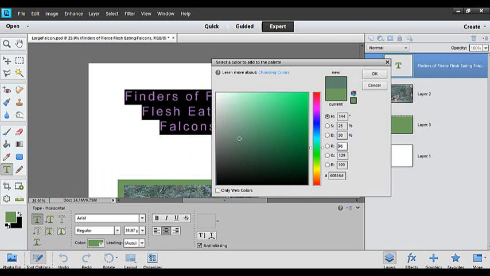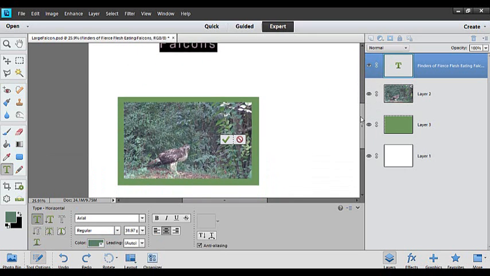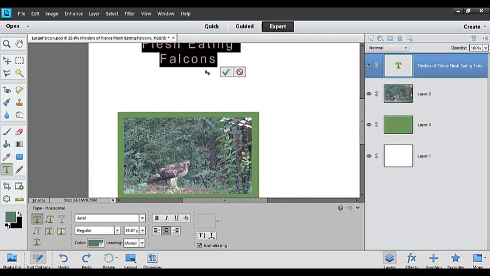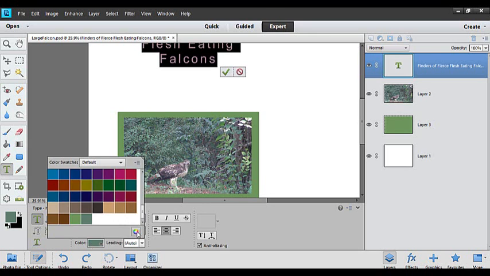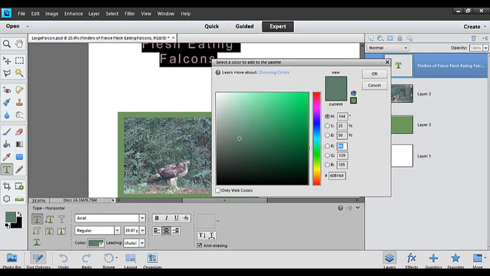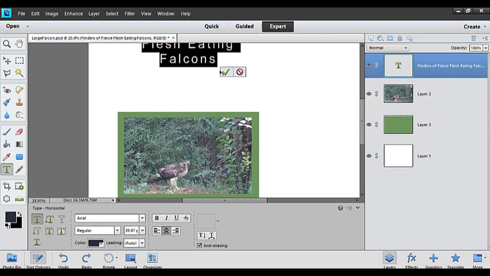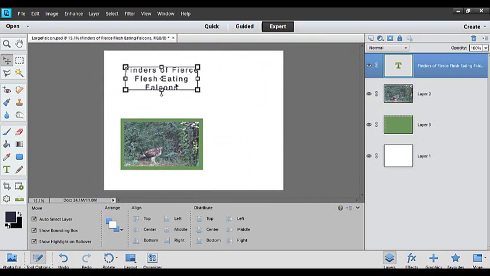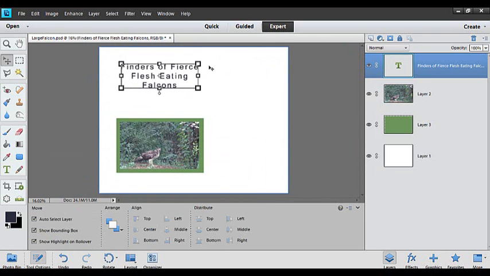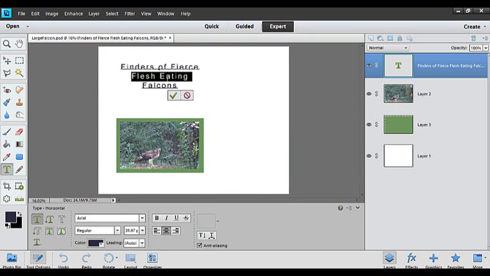Then you can click another color out of your photo, and you may need to scroll down a little bit so you can see both your photo and that at the same time. Maybe I want this color now. There's a good color, nice and dark. So that's how you can change the color, and then you can select